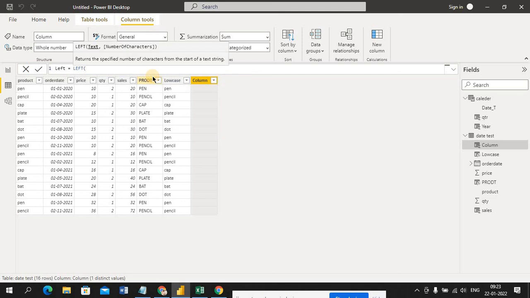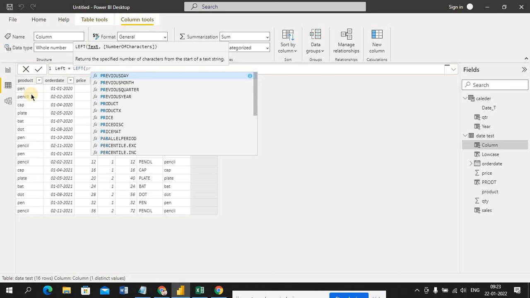It will ask what text you are looking at, meaning which column you are going to perform left on. I'm looking at text, the product names. Numbers I can't perform this on, only text. So I'll select product.